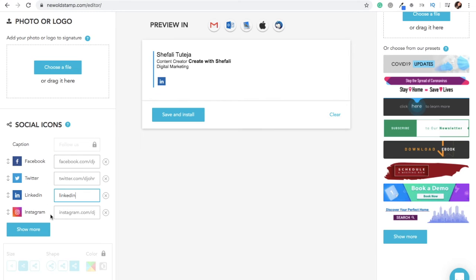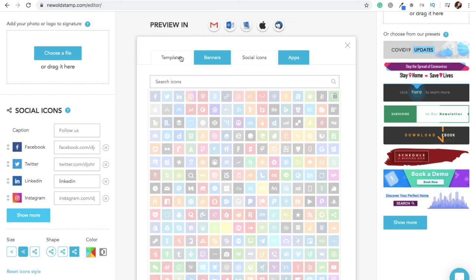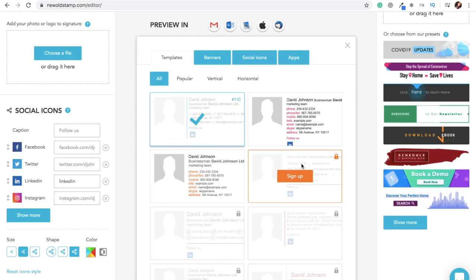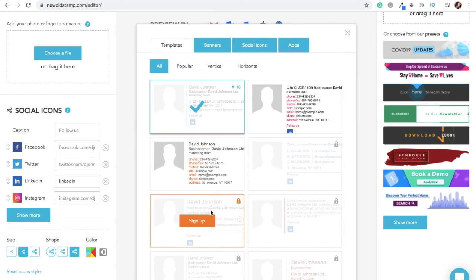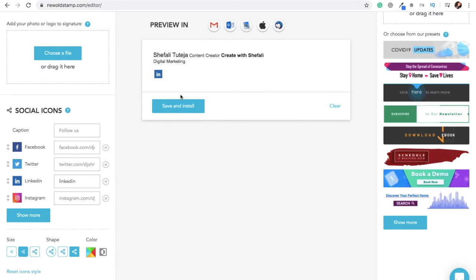Also add a LinkedIn badge in your Gmail signature. I've already stated how important it is to add a LinkedIn badge in your Gmail signature. So you'll see a lock on these templates because these are paid ones. These are not free, so you have to pay some money to get these. Okay, so we are almost done. The rest of the process is the same. You have to go to Gmail and upload your signature.